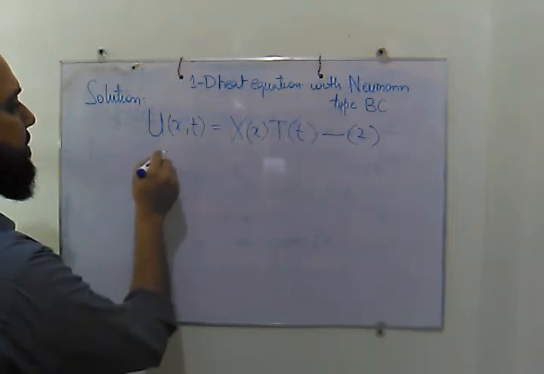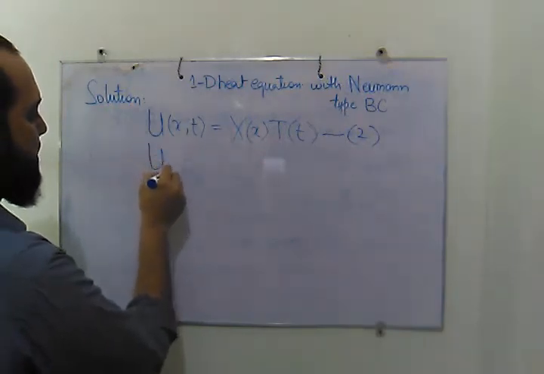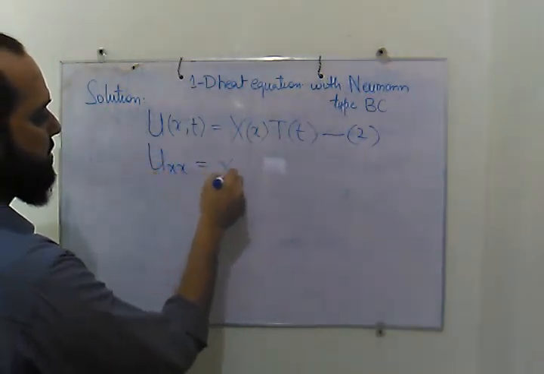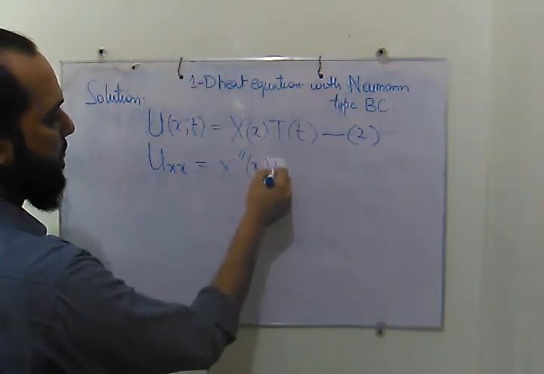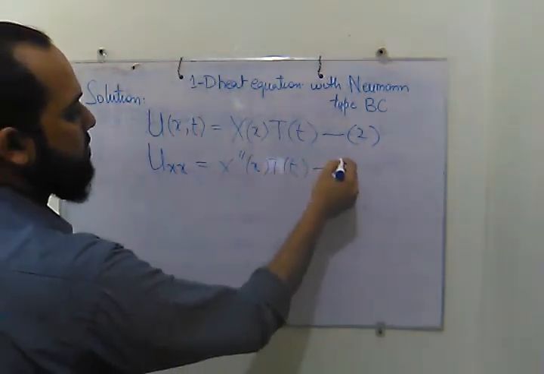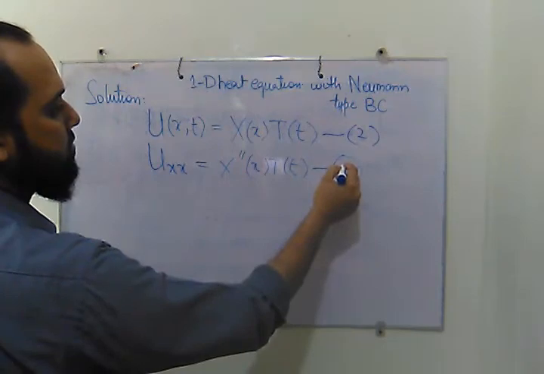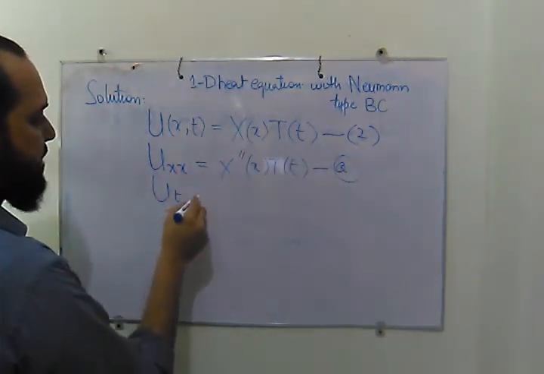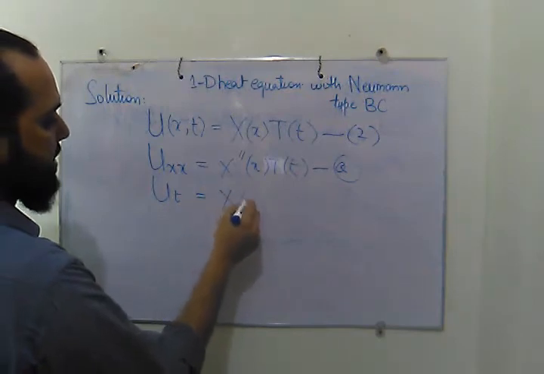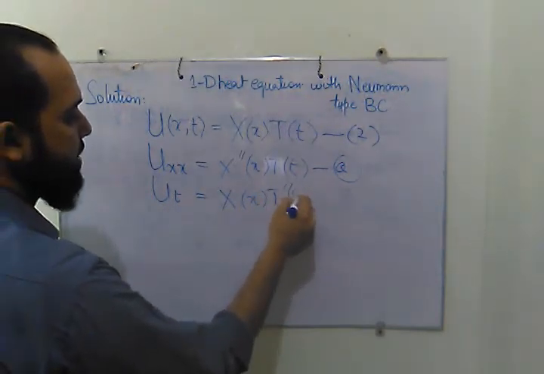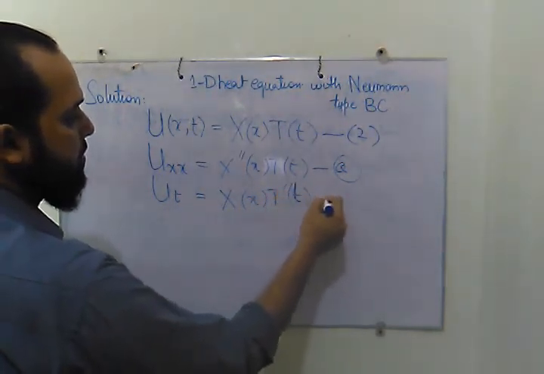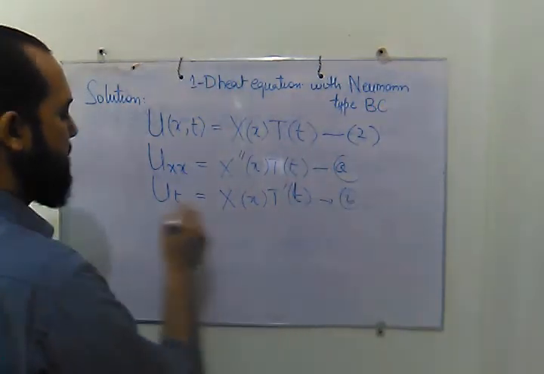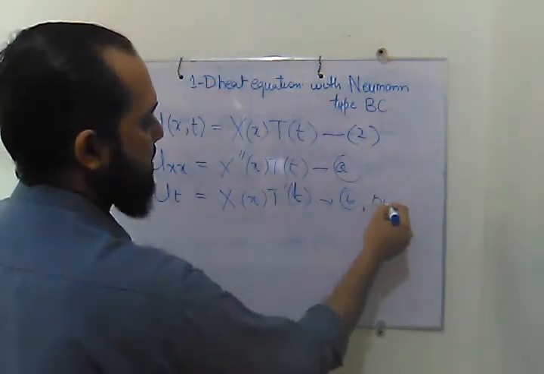We take the derivative with respect to x twice and we get u_xx as X double prime. We call it equation A. We take the derivative with respect to time once and we get X of x times T dash of t. We call it equation B, and putting